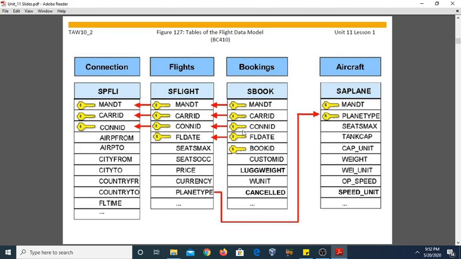Connection ID, which is also a key. Flight date, which is showing the relationship between the SFlight and SBook tables. And there is also a relationship between the flights table as well as the aircraft table. That means the relationship exists between the SFlight table as well as the SAPLANE table, and the relationship exists due to a particular key, that is plane type, which is a non-key field in case of SFlight, but it is a key in case of SAPLANE